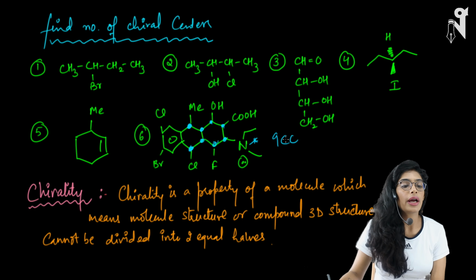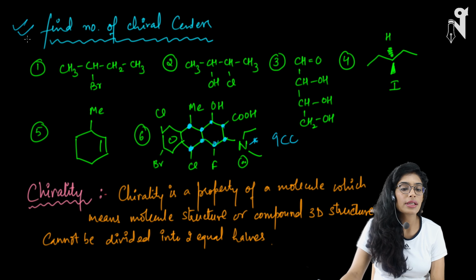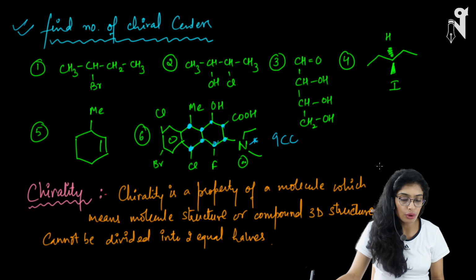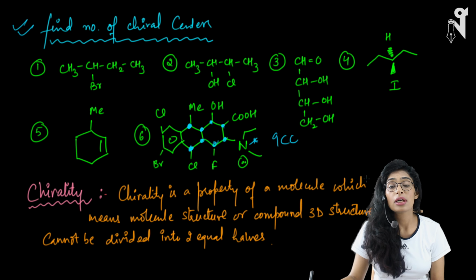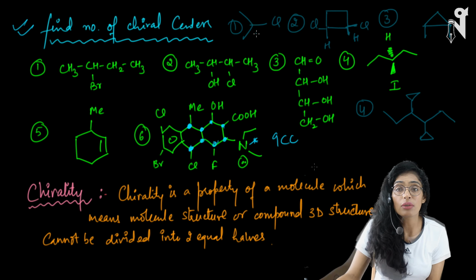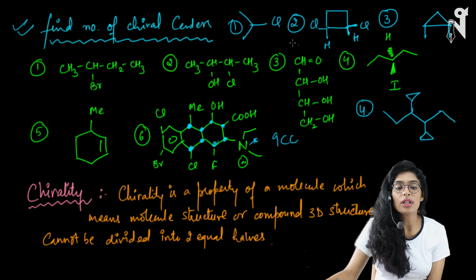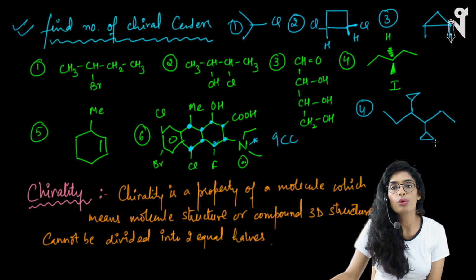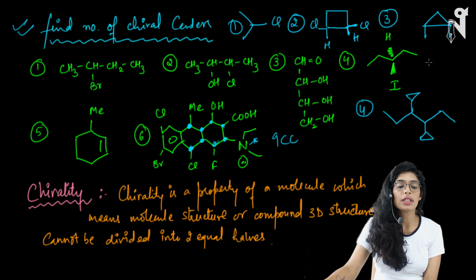Okay. So I hope you have got how to find out the chiral centers. I'll give you a few more questions. Try it out on your own, and then I can ask you these in the class, or you can tell me the answers for these questions in the class. Let me just write it down. Okay, so these are the ones which are written in the blue color. Try out on your own, find out the number of chiral centers present in these compounds.